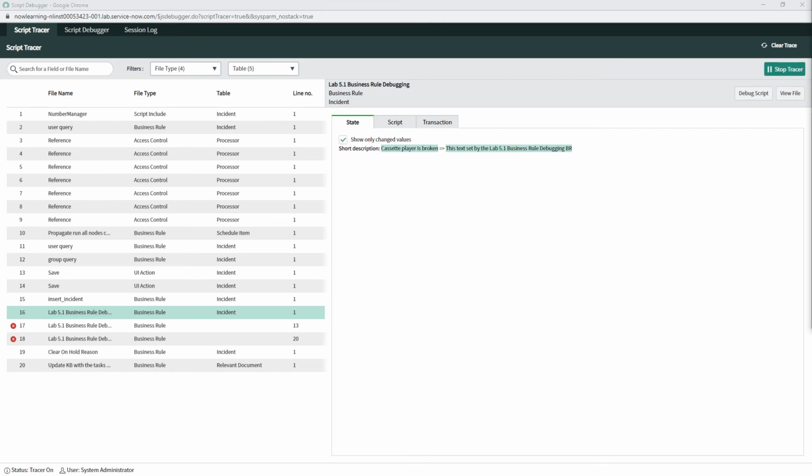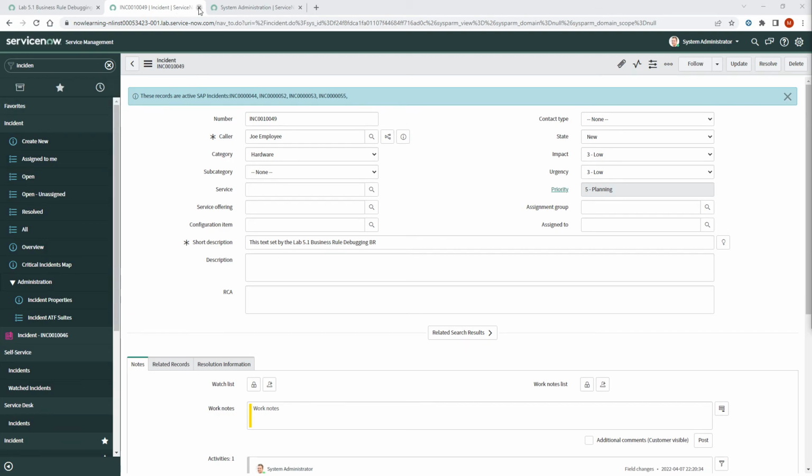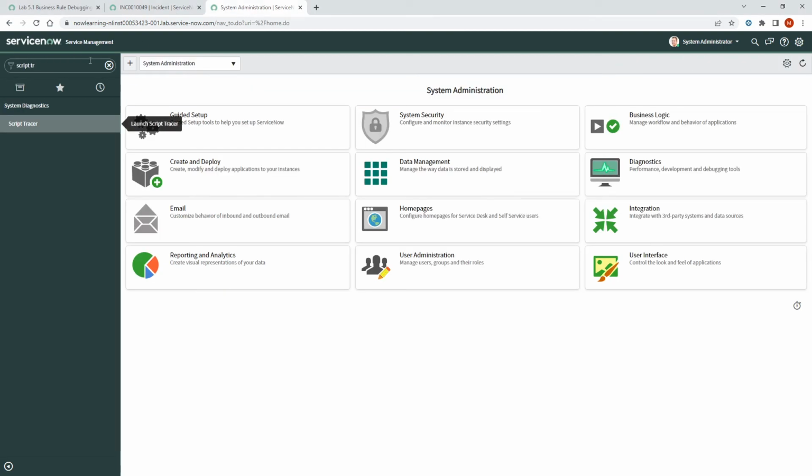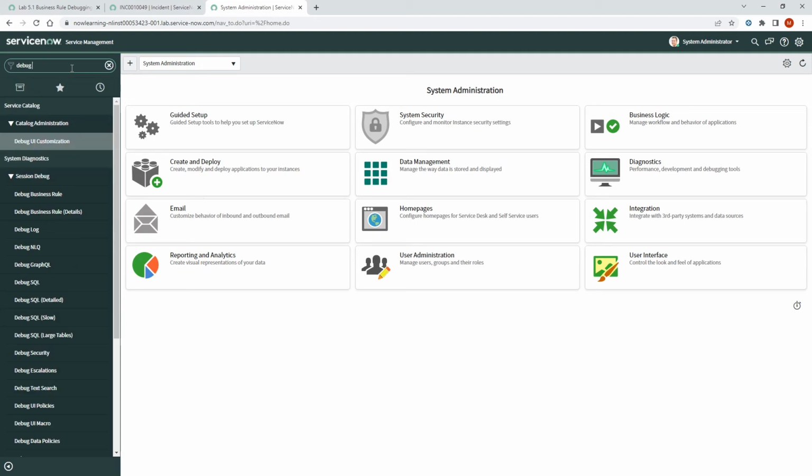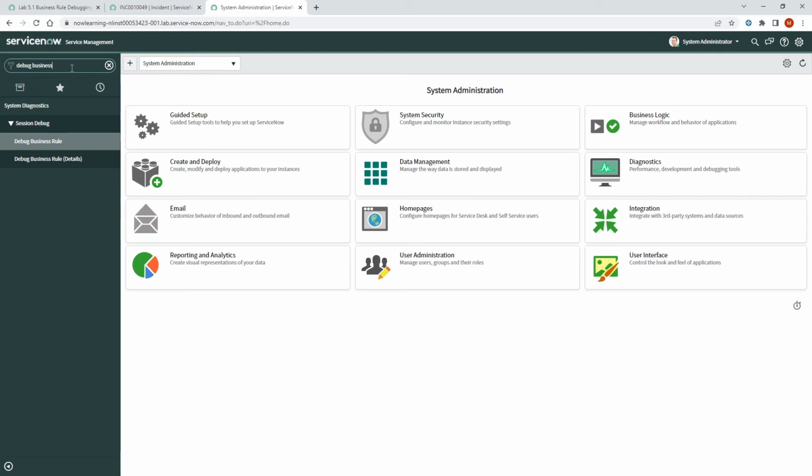We can now move on to the final section of this lab, which is G, entitled Practice Debugging Using the Debug Business Rule feature, which is on page 229. Firstly, we can close this script debugger, and if we search for debug business rules, which is under session debug,